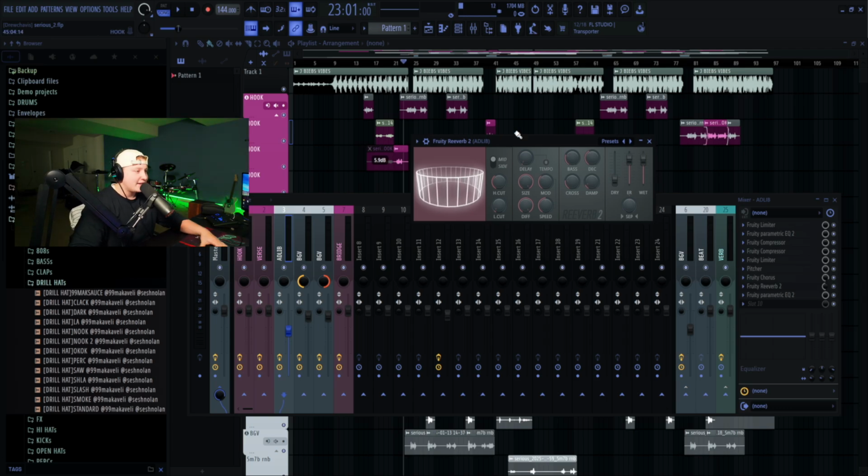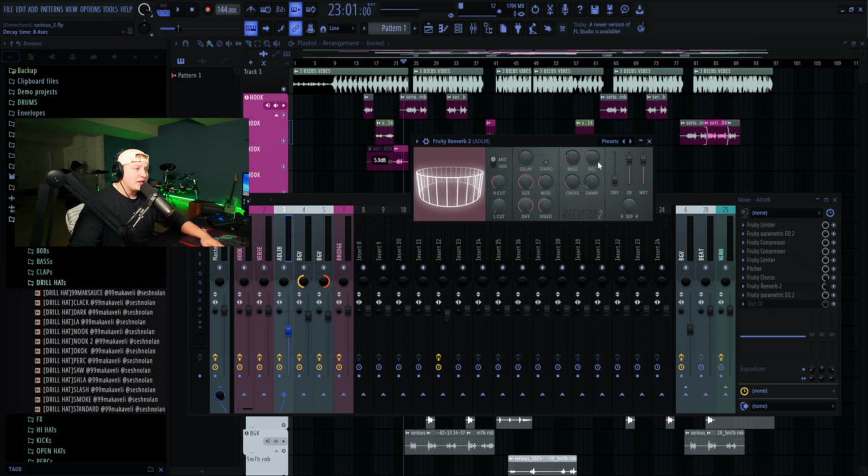This is going to add some space to your ad-libs and just make it sound cool. I did the fruity reverb too. I set the high cut at 8.7k hertz, the low cut at 175, and then the pre-delay at 26 milliseconds, size all the way up, the mods at 38%, the diffusion's at 100%, speed is at 50%, bass at 100. Then the decay's at 8.4 seconds, so it's going to be a very long decay time, just given that,